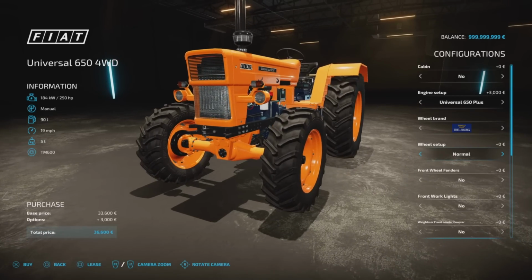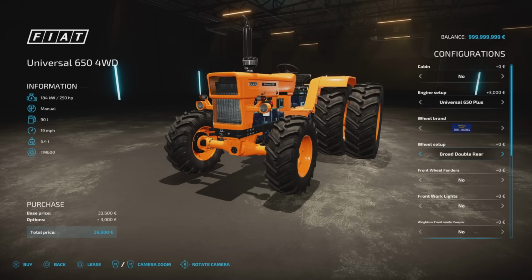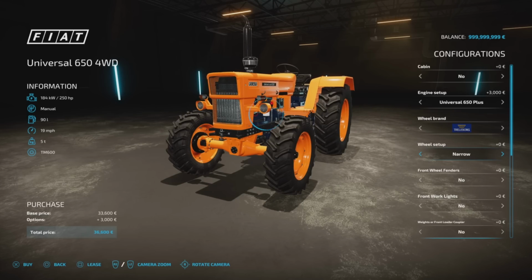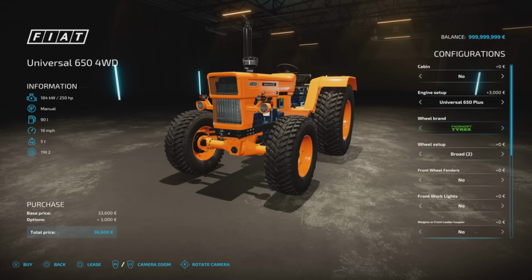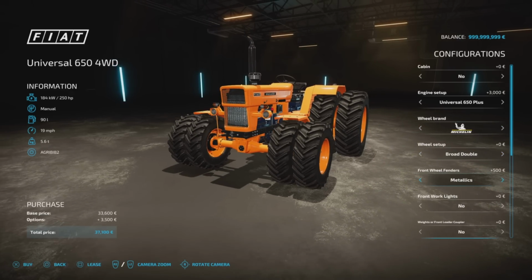On this one though, we have got normal, double, double all round, broad, double, all round, narrow, back to normal. And that's the same on each one. I think it was broad, double, yeah, pretty much. Nokian didn't have the narrows, but I think the others do. There you go. Front wheel fenders, again,